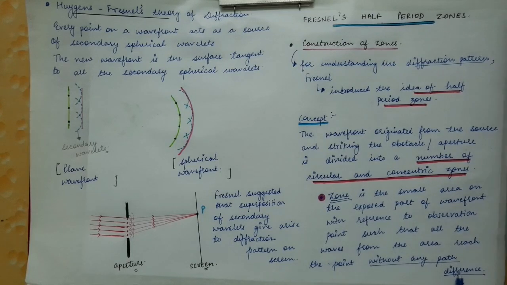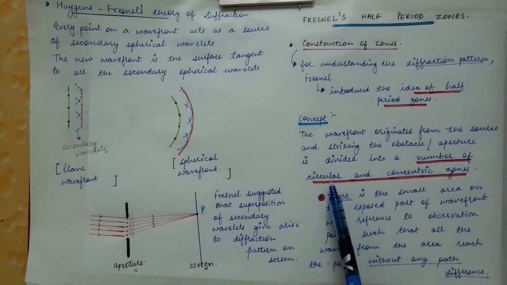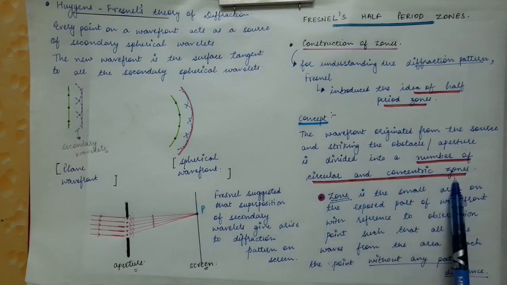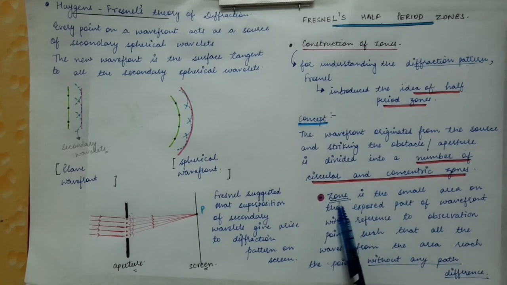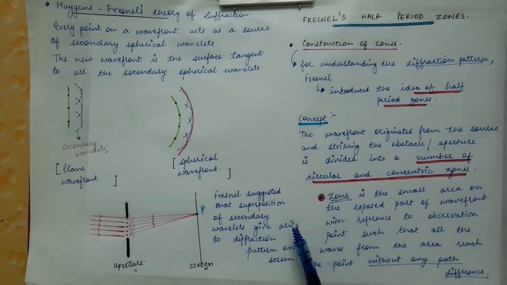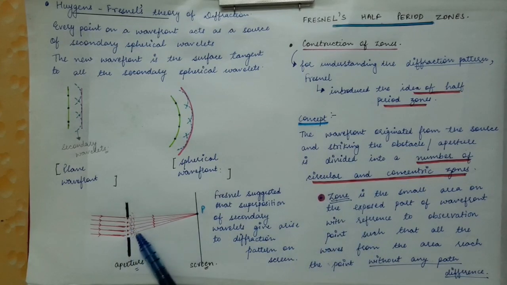So this is the property of a zone, how these zones are constructed. First of all, these zones are circular and concentric, and the other condition is that all the waves coming from a particular zone, and there are many zones that can be constructed on the exposed part of the